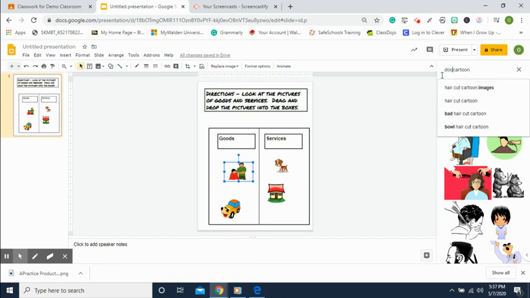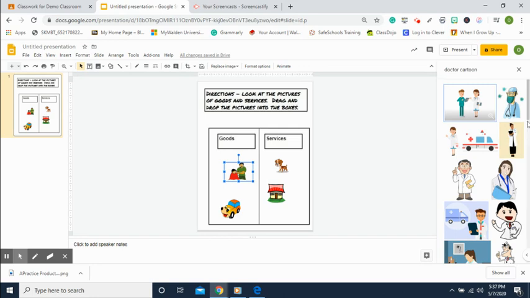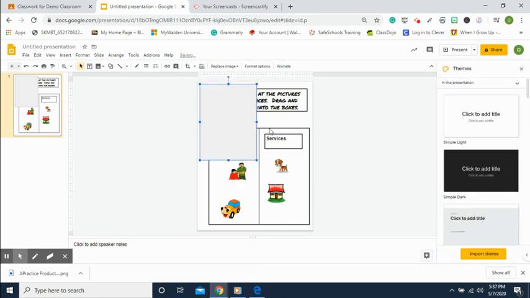Okay, very good. So we're typing that in again. And we're just coming down here, and here's the doctor right here. We'll click on it and we'll click insert. Now, once you get all of your images on here the way you would like,